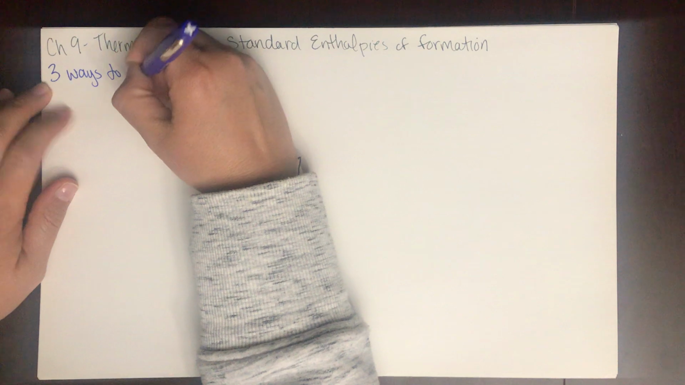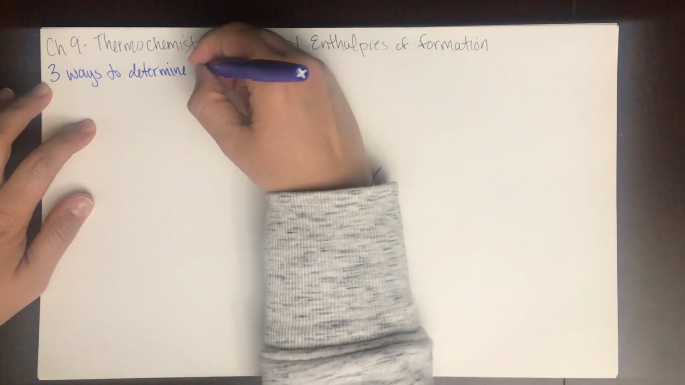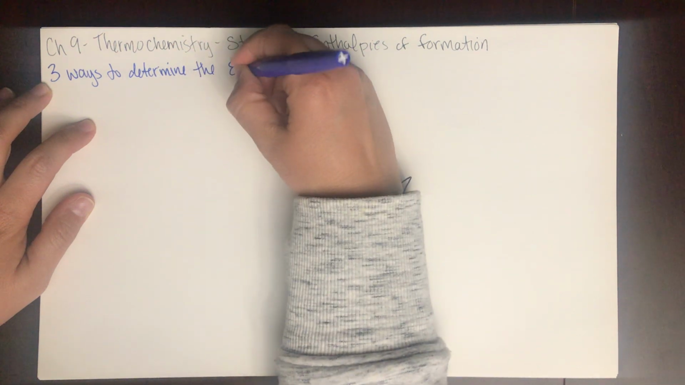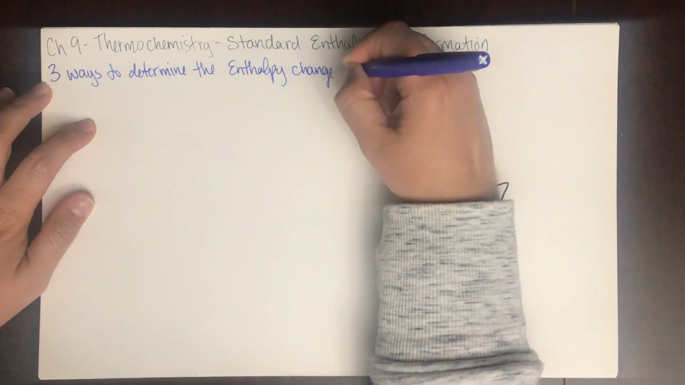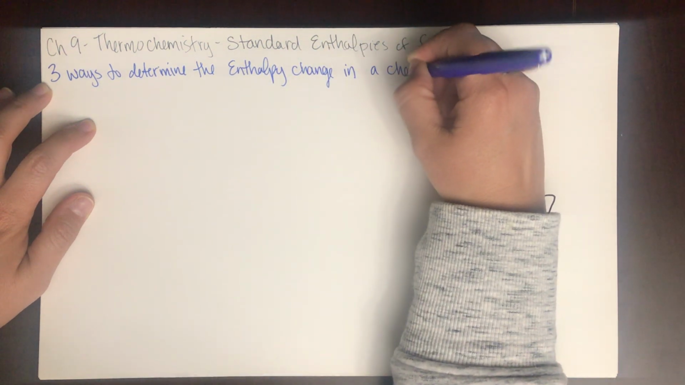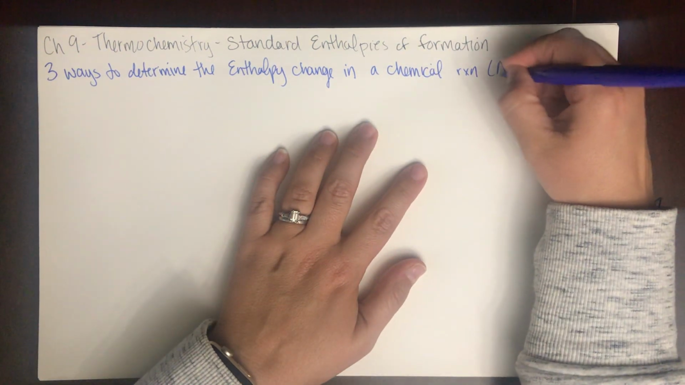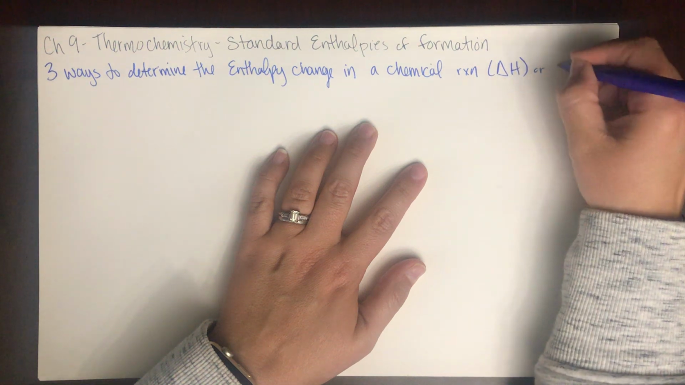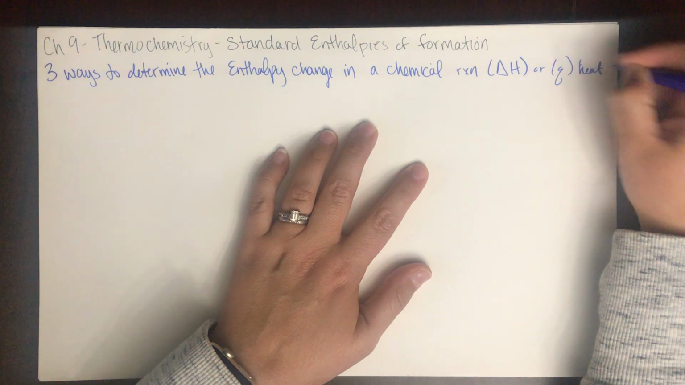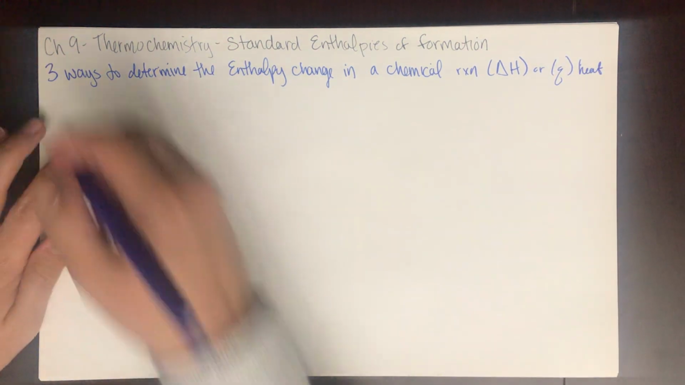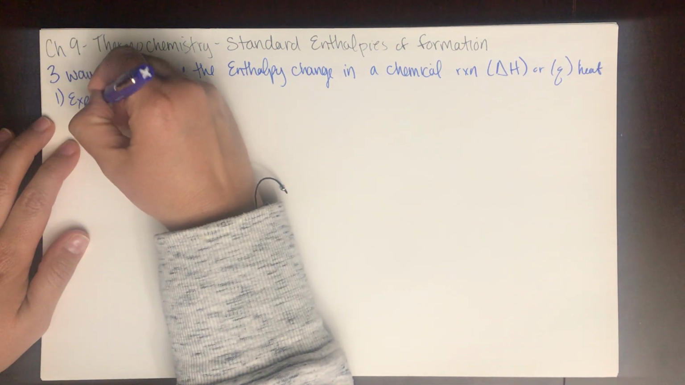3 ways to determine the enthalpy change in a chemical reaction. And remember, enthalpy change is delta H, or you might see it called Q, heat. Okay, so the first way that we can determine the enthalpy change in a chemical reaction is experimentally,